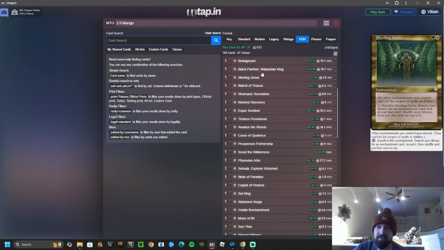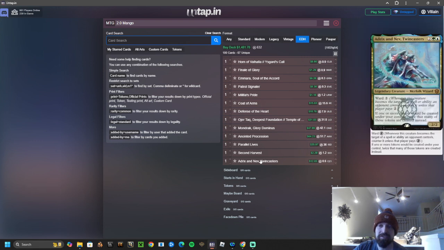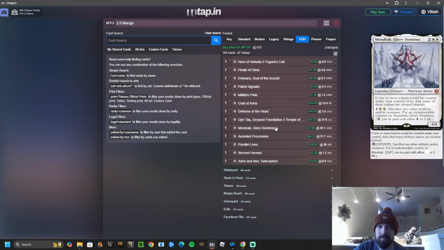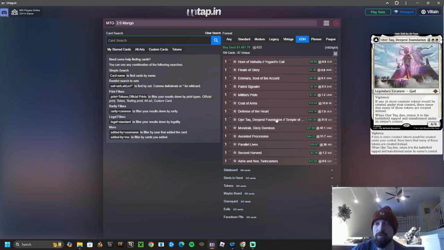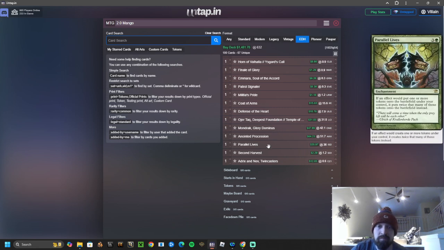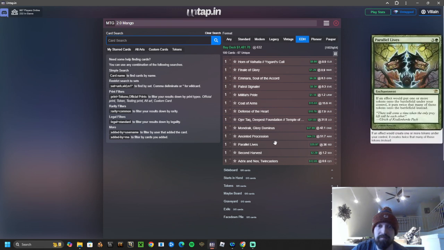So we have ways to go and search for them. Adrix and Nev can get grabbed by Defense of the Heart, right? And then also, let's see, Mondrak, Glory, Dominus can get grabbed by Defense of the Heart. Ogier, Tack, Deepest Foundation can get grabbed by Defense of the Heart. Anointed Procession, Parallel Lives, is that all of them? Those can get grabbed by